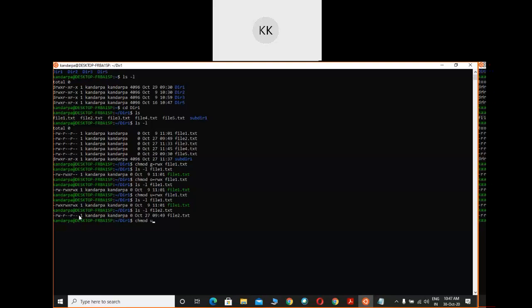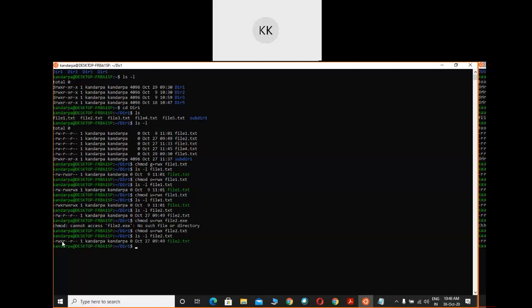Assign user with read write and execute permission, and this is going to be applied to the file 2.txt. Enter. Now initially what was there: read, write and execute.